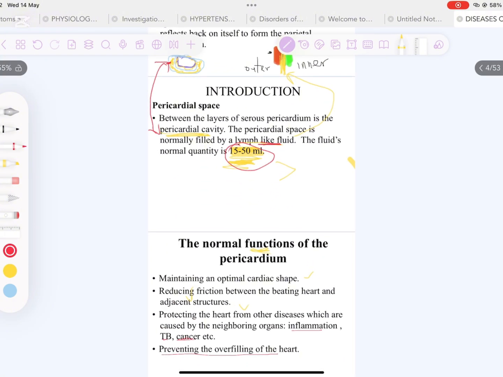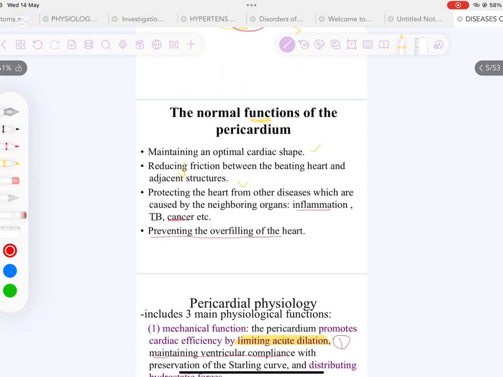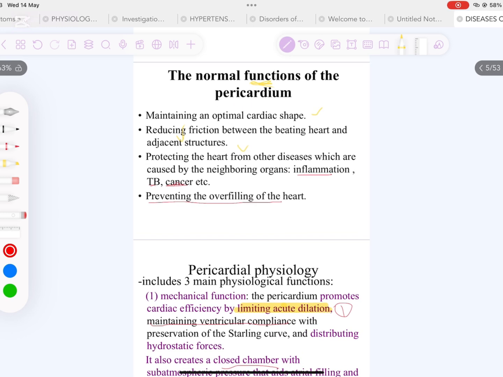Okay, so let's go. Between the layers of the serous pericardium is the pericardial cavity, and it is normally filled by a lymph-like fluid, and we already said the quantity: 15 to 50 ml. So normal function of the pericardium, first of all, it maintains an optimal cardiac shape. All right, so I'm just going to explain these functions and I'll read through them as it is written